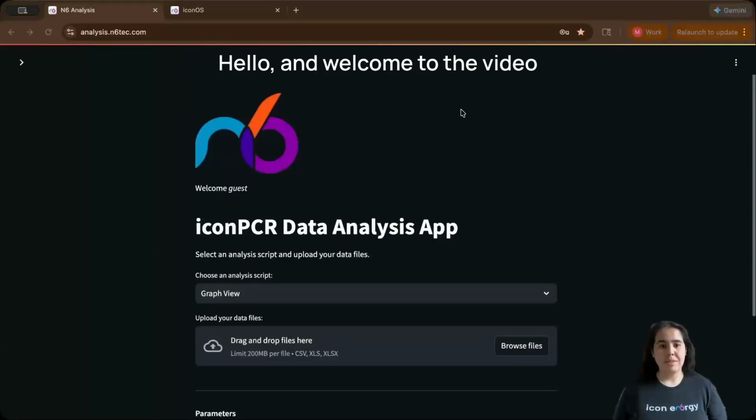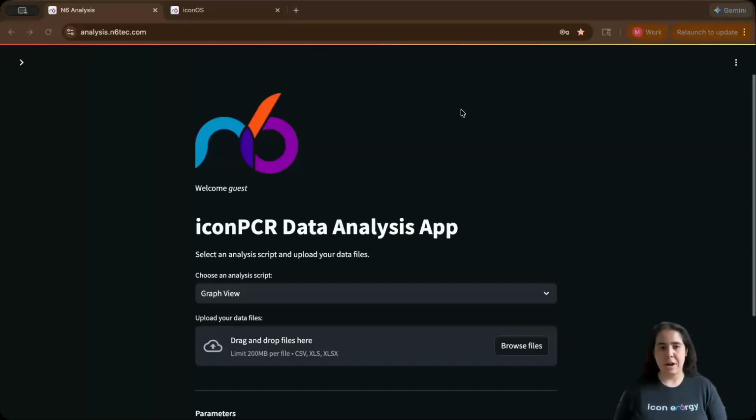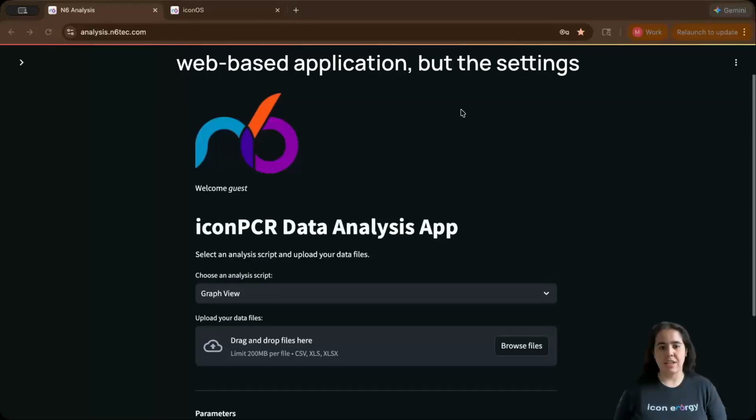Hello, and welcome to the video that goes into the analysis settings in your iconPCR data analysis app. This app is accessible either as an app directly on your laptop or through the website analysis.n6tech.com. For this video, we'll refer to the web-based application, but the settings are exactly the same as the laptop